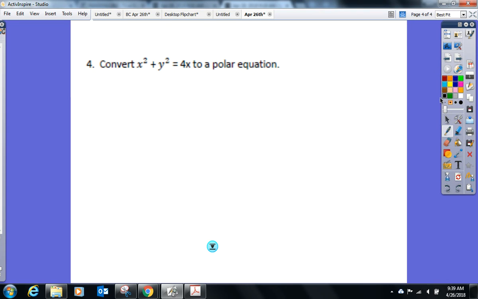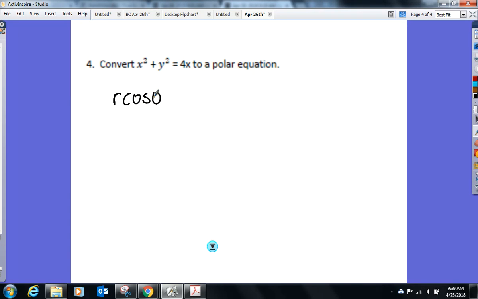Let's do this first conversion here. X, what are we plugging in? R cosine theta, all squared, plus r sine theta, all squared. Oh, we got a little something on the right side, just not a number. So 4 times